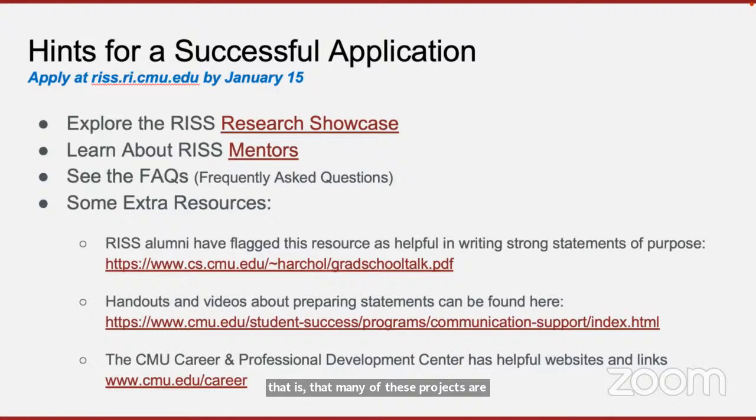Sometimes there are new projects that begin. You can also see which faculty members at the Robotics Institute are most likely to participate. In case you have some general questions, we also have what's called an FAQ, or frequently asked questions section, on the website as well. You may have some questions about how to write a statement of purpose,